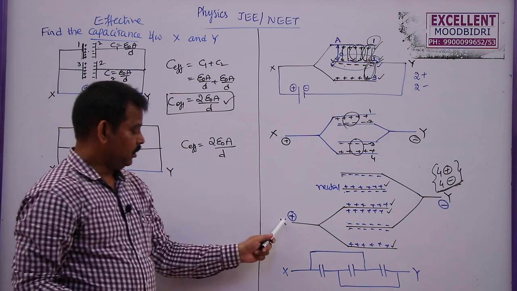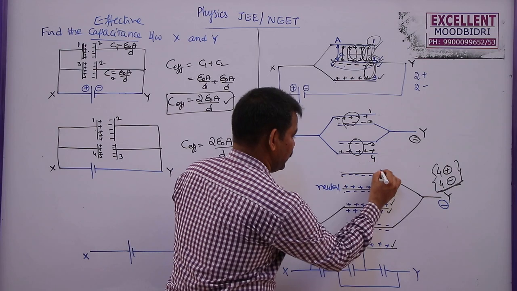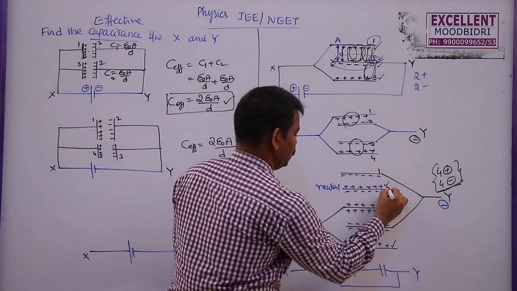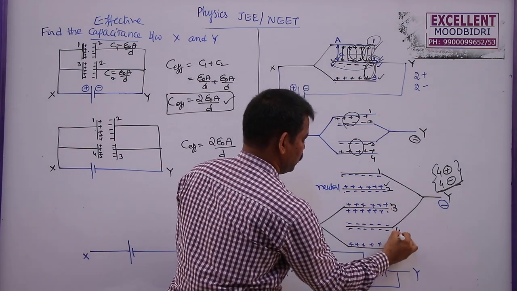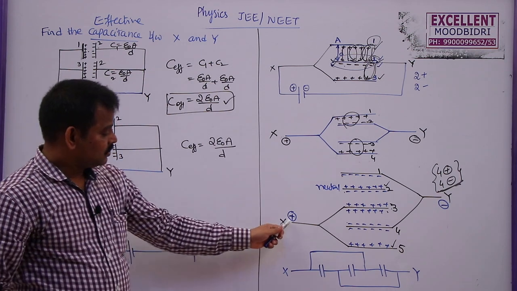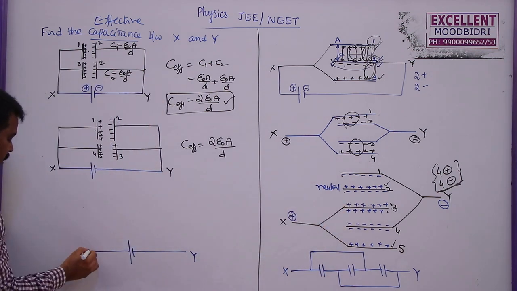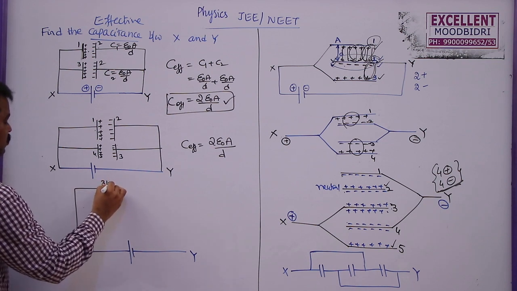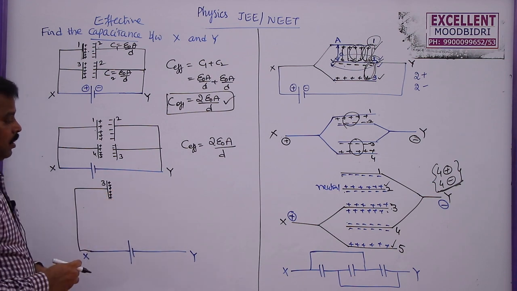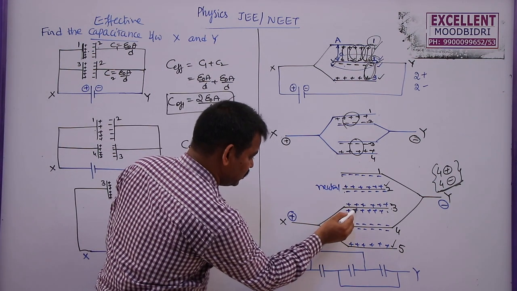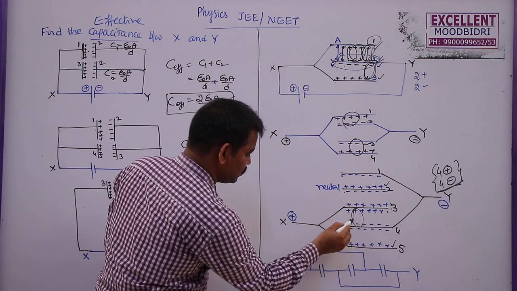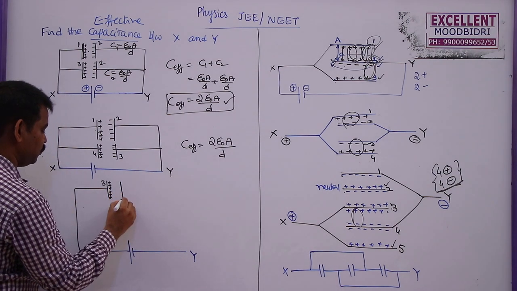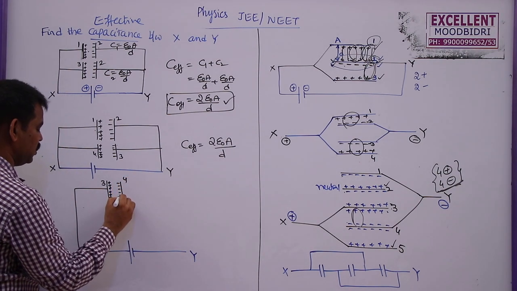Now, from the battery's X terminal, first I need to draw lines here. That means I need to give numbers to these plates. 1, 2, 3, 4. We have 5 plates. First, X is connected directly to plate 3. X is directly connected to the third plate. This is the third plate and it is a positively charged plate. And then this will constitute a capacitor with the fourth plate, which is negatively charged. So this is the fourth plate here.